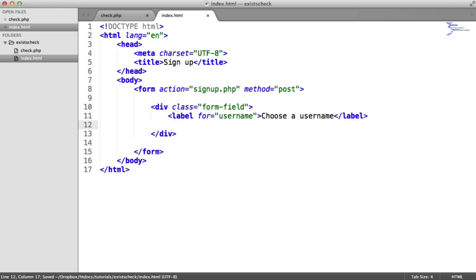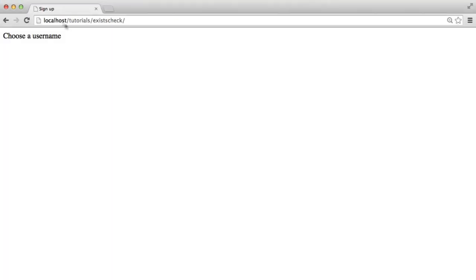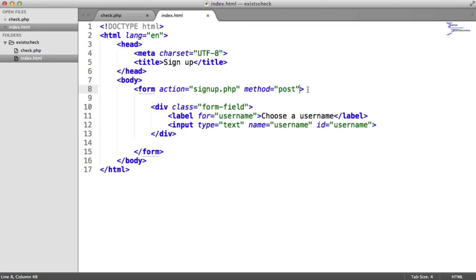So after this, we need the actual input itself. So we have an input with a type of text. The name is going to be the name that's submitted through to signup.php. Again, this has nothing to do with our plugin. The ID is going to be username, essentially, so when we click on this label here, this is ready to input. Oh, by the way, I'm just going to turn autocomplete off here just so we don't get suggestions